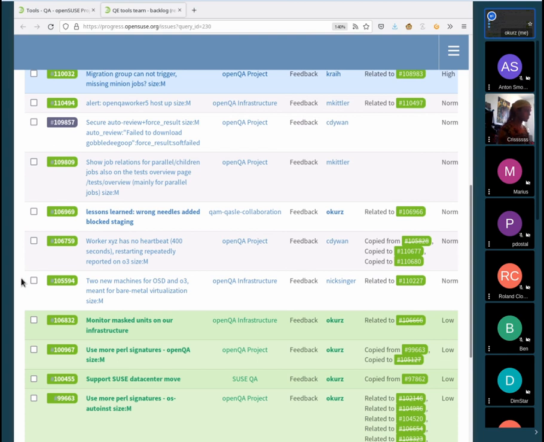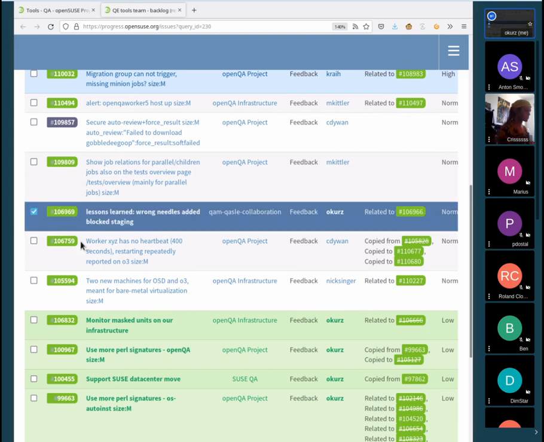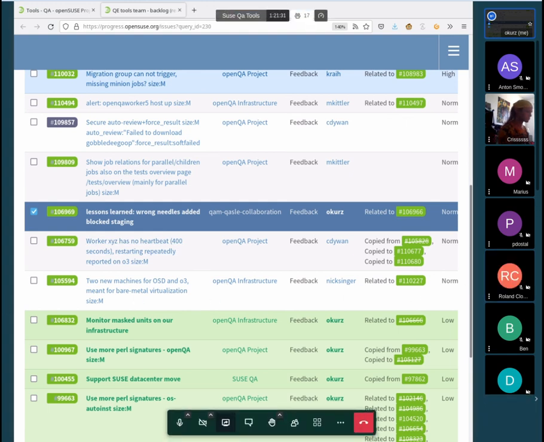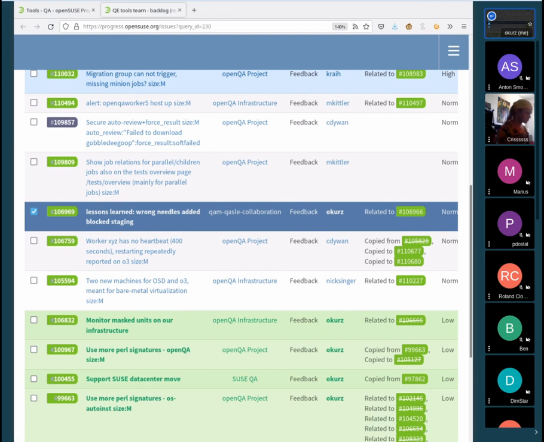What else to highlight? Actually, one ticket which is in feedback, about wrong needles added blocking staging. There's one thing that we are still waiting for, which is another workshop session.